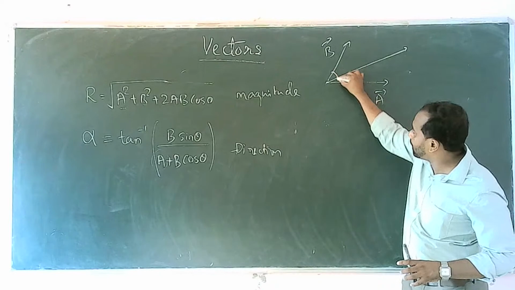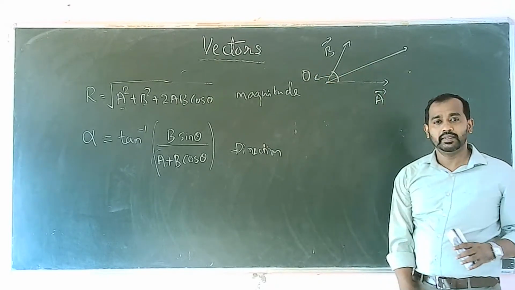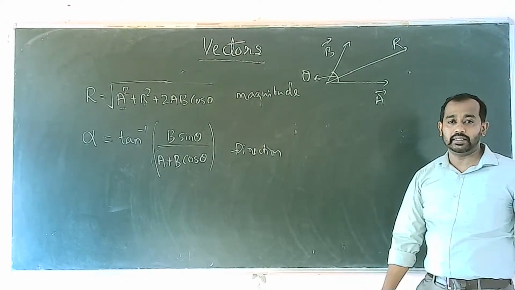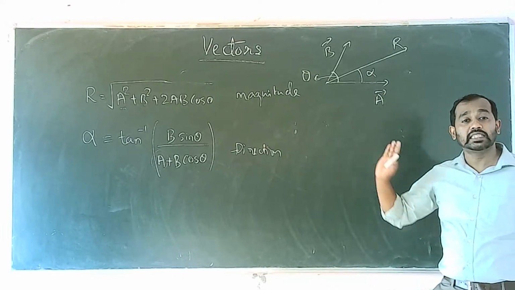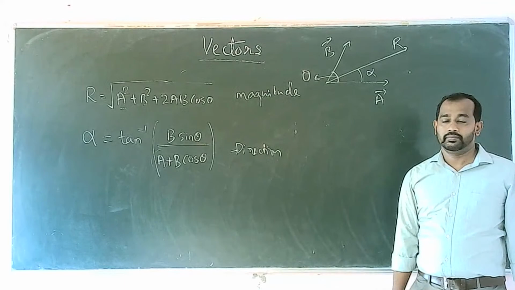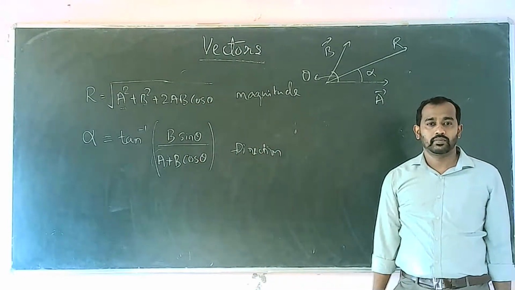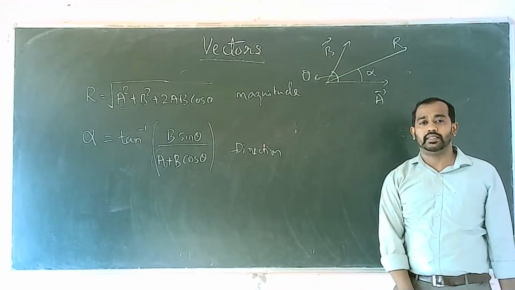The angle between A and B is represented as theta. Then the resultant will be in this particular direction. Then this angle is represented as what? Like this. If we assume B is in the reference direction,